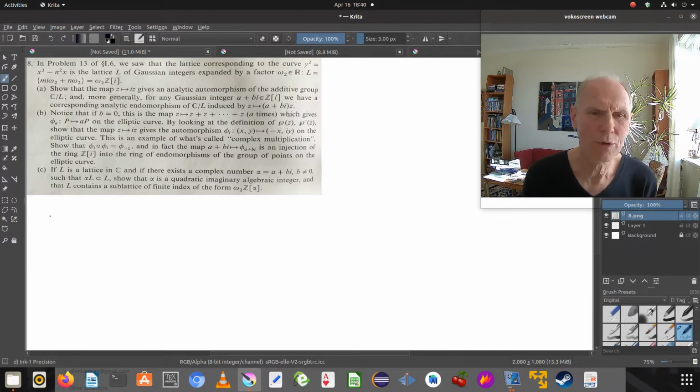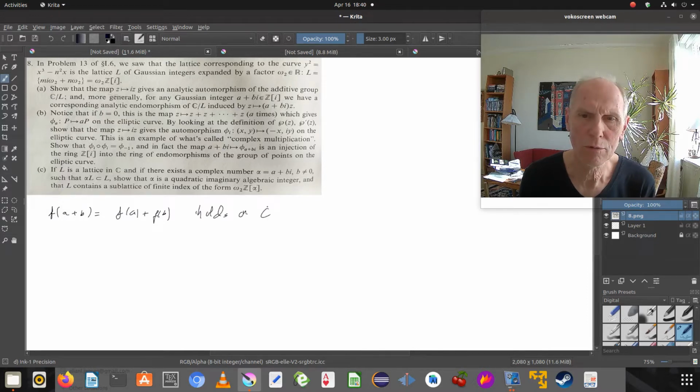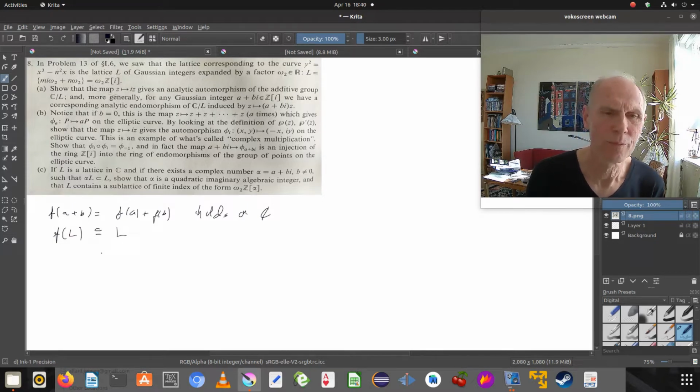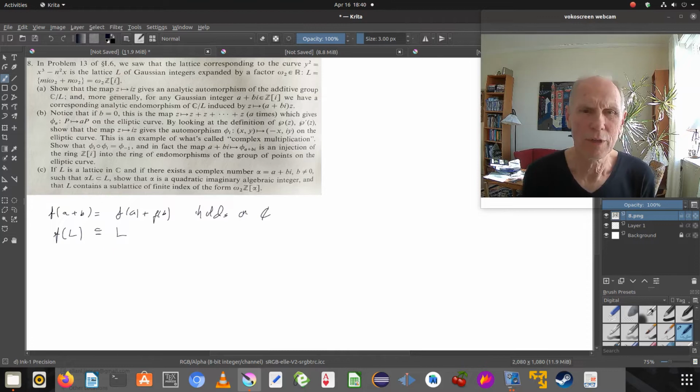So we need to show that f of a plus b equals f of a plus f of b. And that's actually easier to check on C. And then we need to check that the lattice is mapped to the lattice, so that the projection,